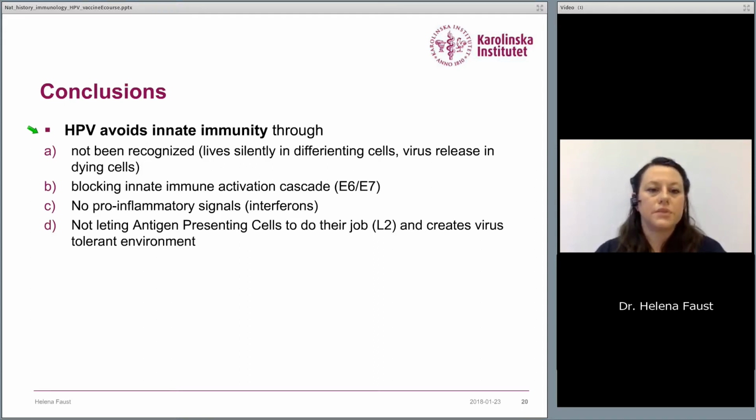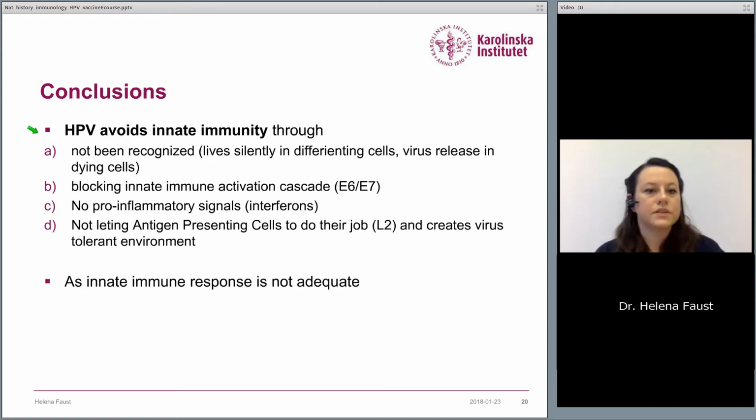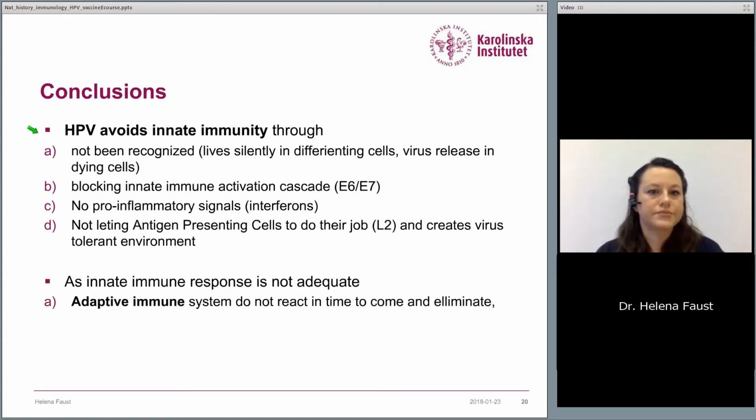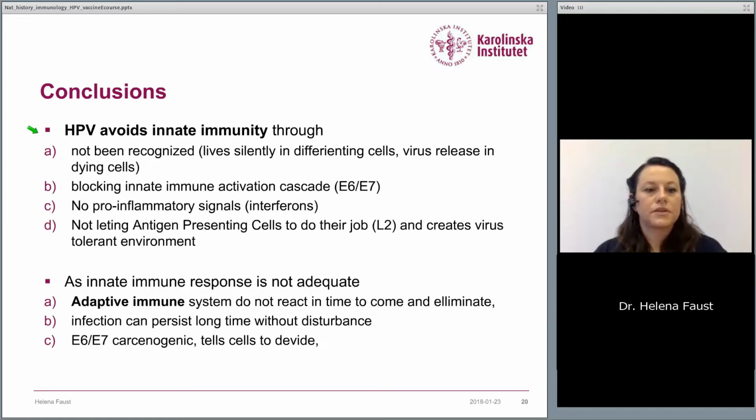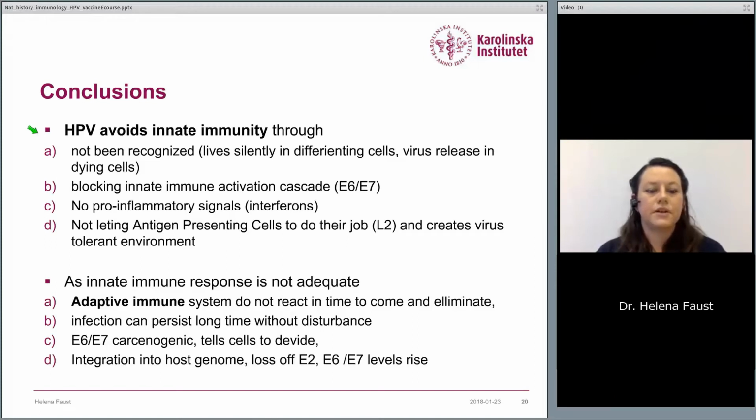Also, HPV does not let antigen-presenting cells do their job and creates a virus-tolerant environment. As the innate immune response is not adequate, the adaptive immune system does not react in time to come and eliminate it. This kind of HPV infection can persist a long time without any disturbance, as E6 and E7 are carcinogenic and tell